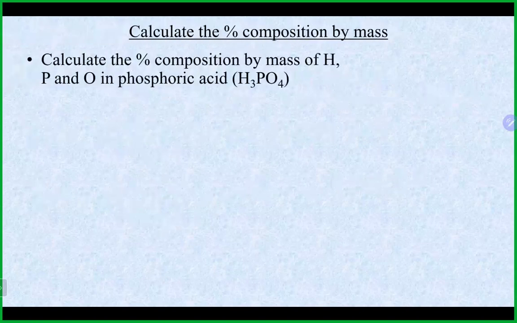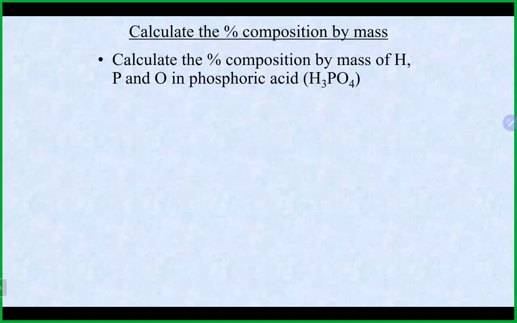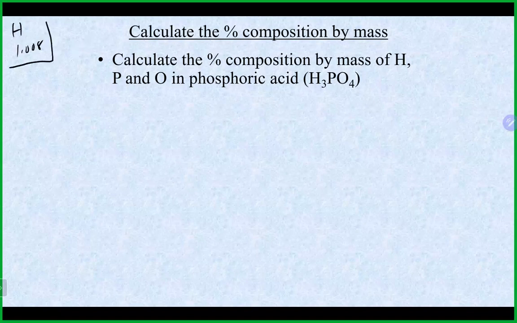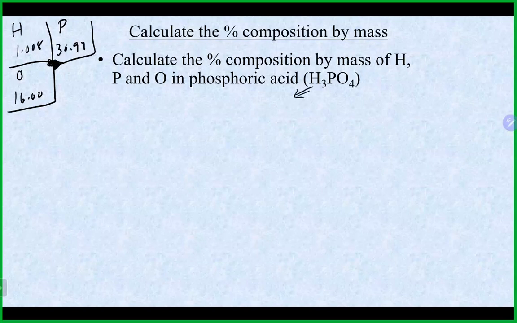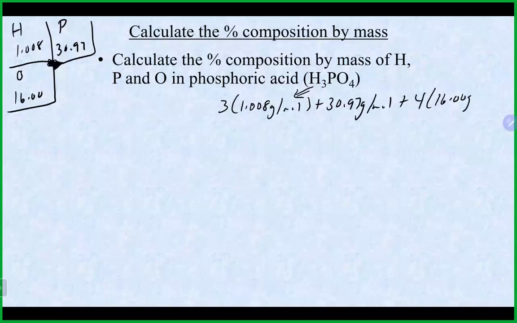All right, let's try one more here. A little phosphoric acid, percent composition of each of these guys. Hydrogen is 1.008. Phosphorus is 30.97, I think. Yeah, we'll go with that. And oxygen is 16, right? All right, so we'll start the same way. We're going to get the molar mass here of our phosphoric acid. So that's going to be 3 times our hydrogen from the periodic table, plus 1 of our phosphorus there from the periodic table, and 4 of our oxygen from the periodic table. Adding all that up, that's like a